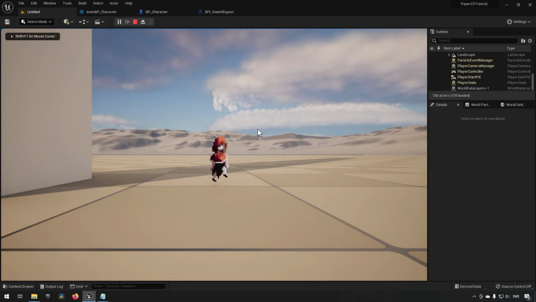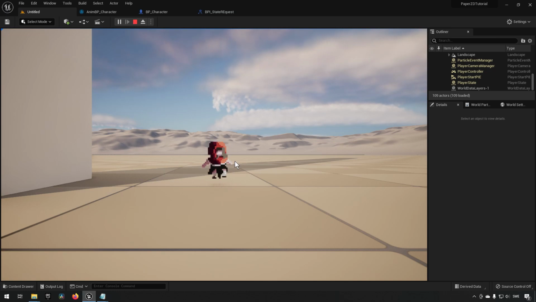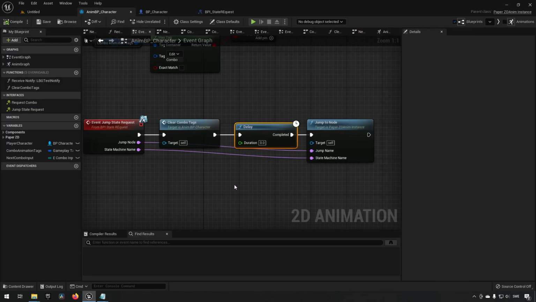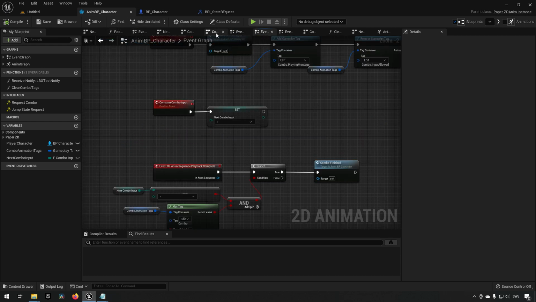If I just press 4, we can see I do a jump animation. If I press 1, which is the light attack, and then quickly press 4, you can see that I transition over to that state. So that's something that I feel like would be worth taking into consideration, because now it allows us to... We now have the possibility here of